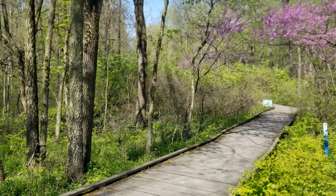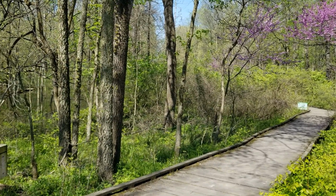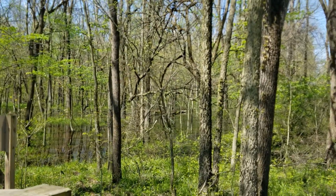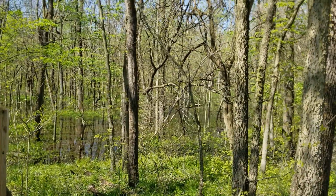We just crossed over the bridge into Busey Woods at the beginning of the boardwalk trail, and the redbud is in full bloom, and the woods is underwater because of all the rain we've had this last week. And listen,